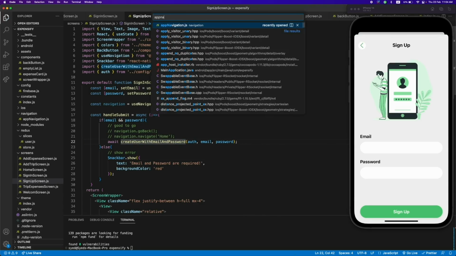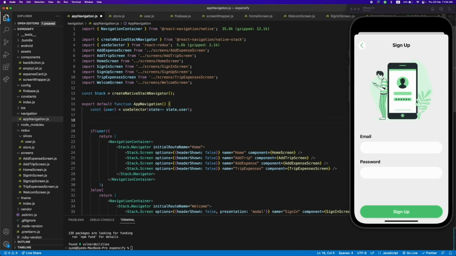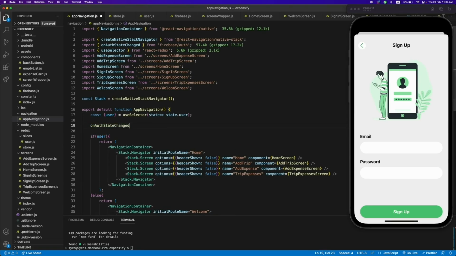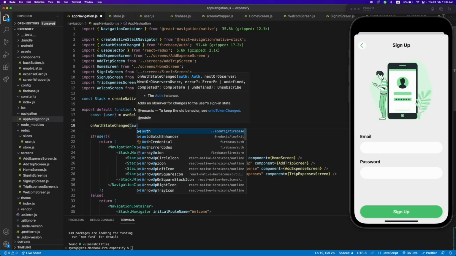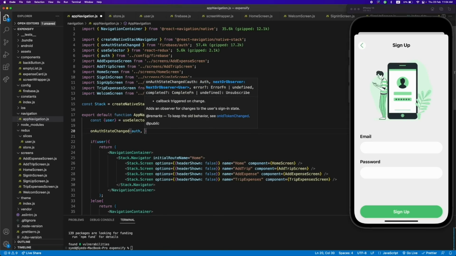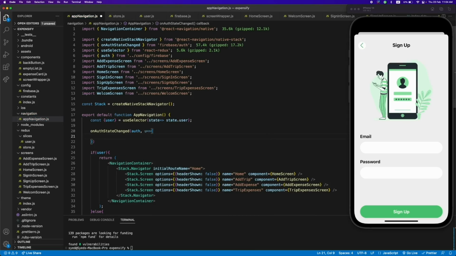For that, we need to implement a function in app navigation. Firebase has a method for on auth state changed. We need to import that. Basically, this method will be triggered whenever a user logs in, signs out, or whenever a user is created. We need to pass the auth service, and we will have a callback with that user. Let's console log this user,